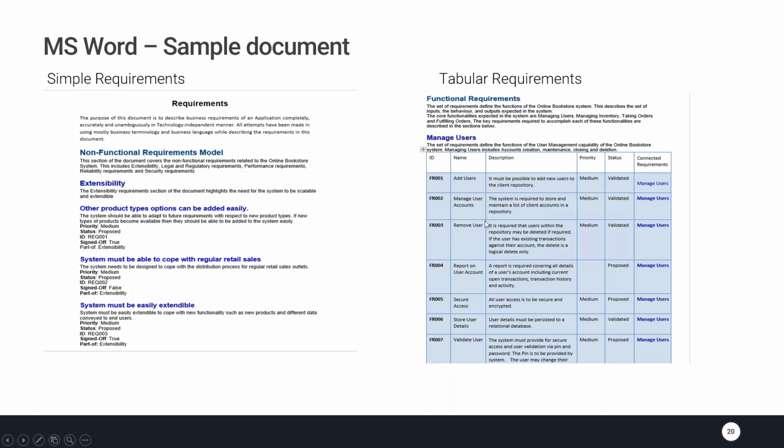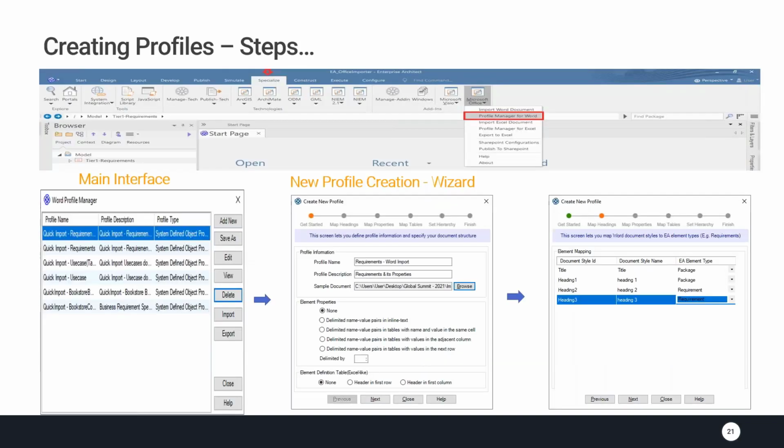The other sheet, the table requirements, is something different, where we're trying to showcase that the Word importer is capable of importing the inline text as well as the table views. So these are the profile explanations that Santosh has already shown for the Excel import,